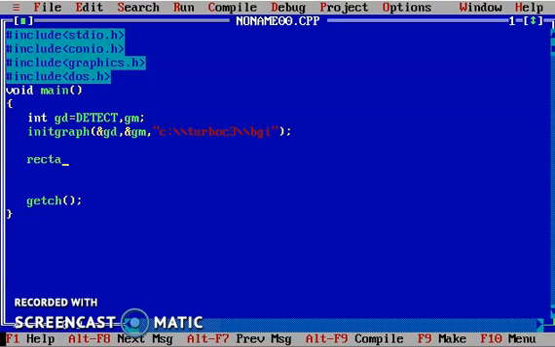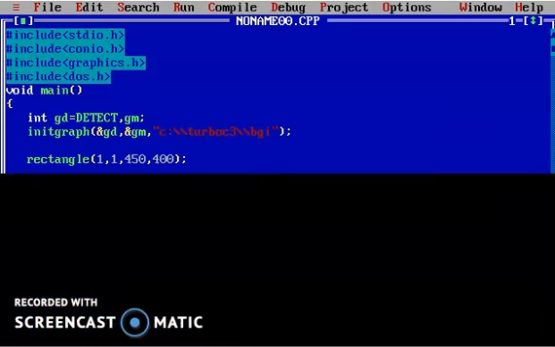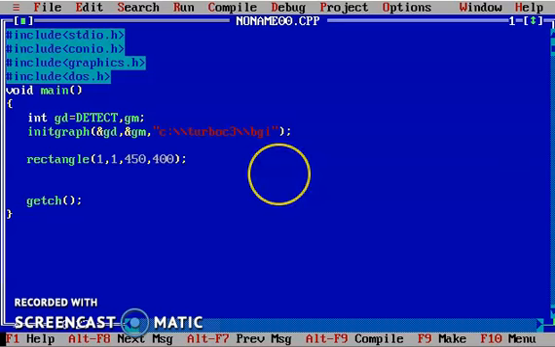I am drawing a rectangle here from the first coordinate to 450 and 400. We know the default drawing color is white. So we see here some width we need to increase and some height.